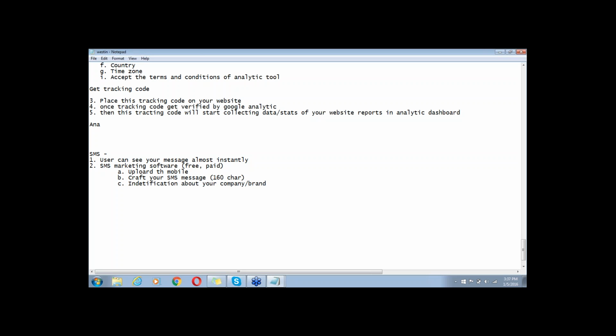Like if you are receiving a message from Flipkart, the sender's name itself will suggest that this particular website or brand is sending you the SMS. So identification is a very important thing. Whenever you are sending messages, we want to know who has sent this message. If you are not using the paid features, you may use these 160 characters to disclose your identity.